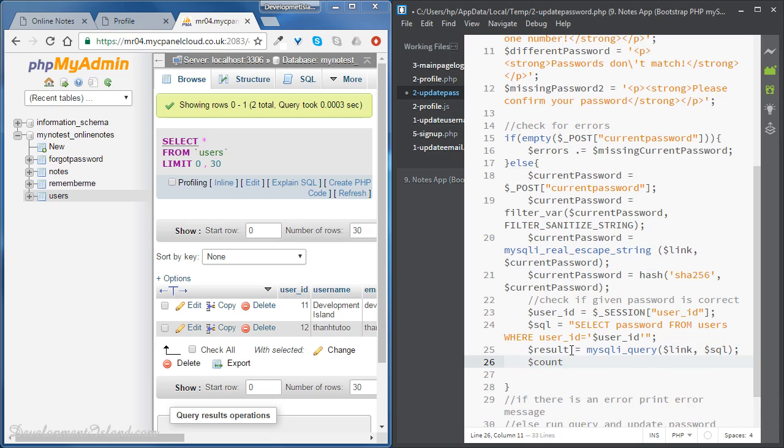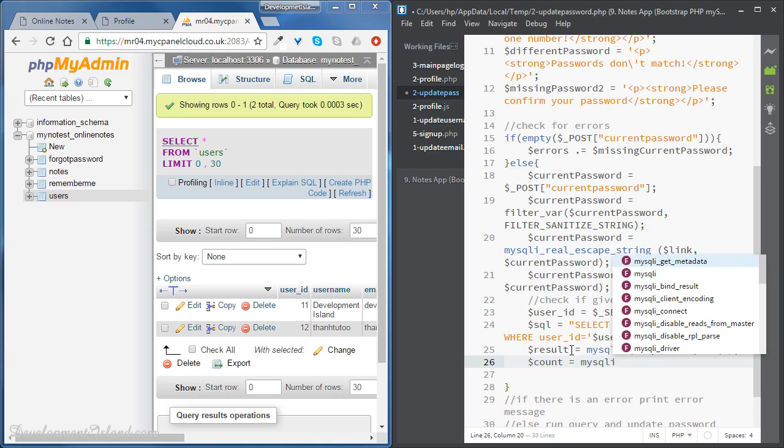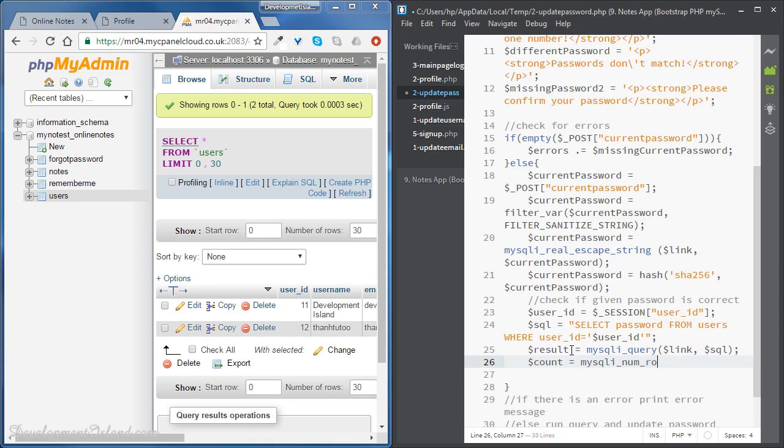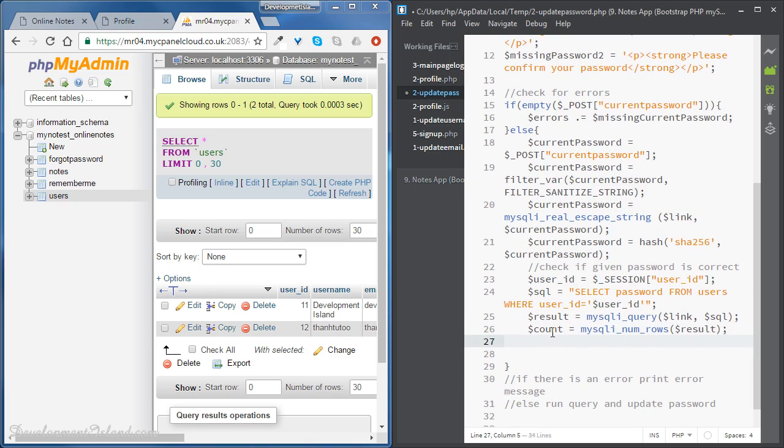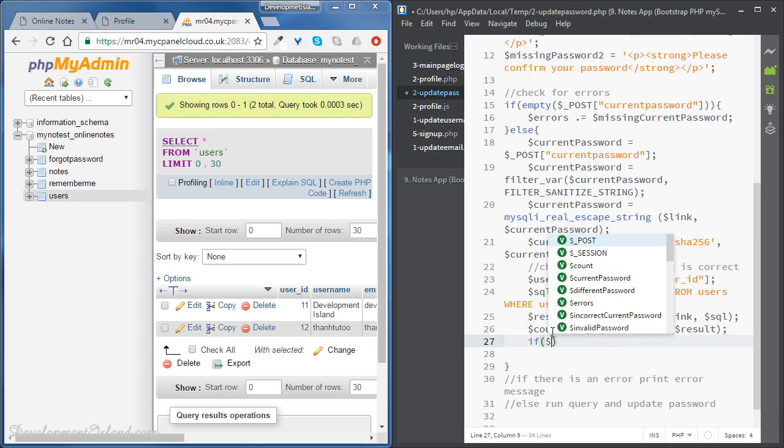So we're going to define a variable count, and we're going to store inside this variable the output of the function mysqli number of rows of results. All right, so we're expecting this number to be equal to 1. So if count is 1,